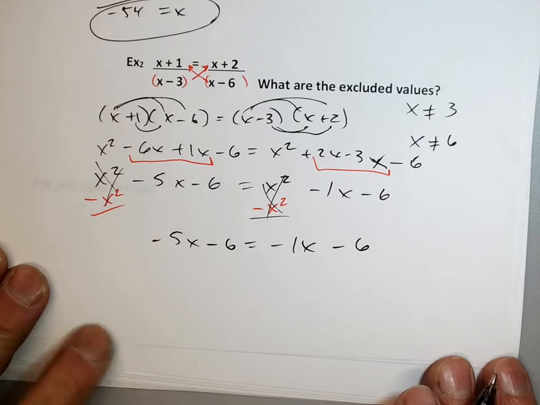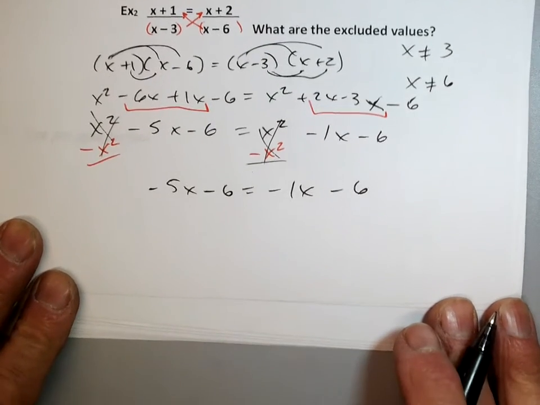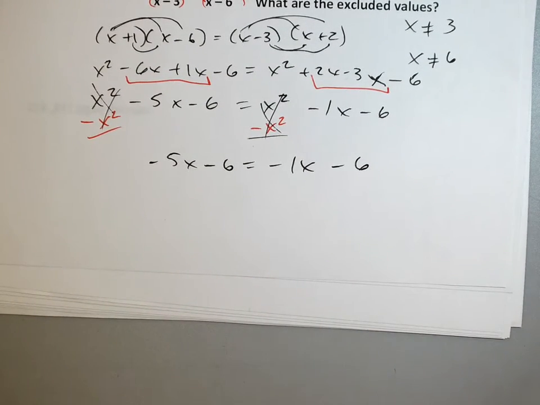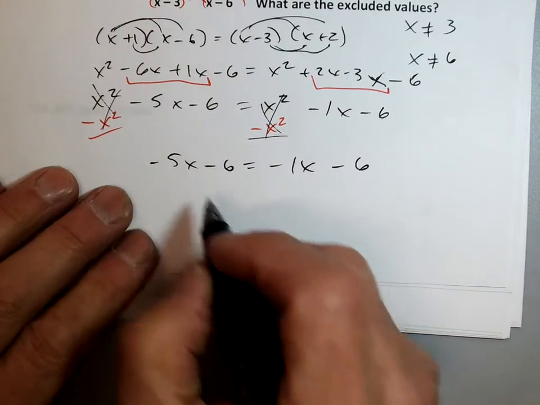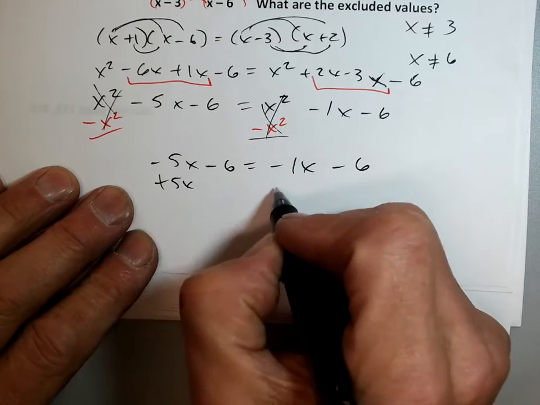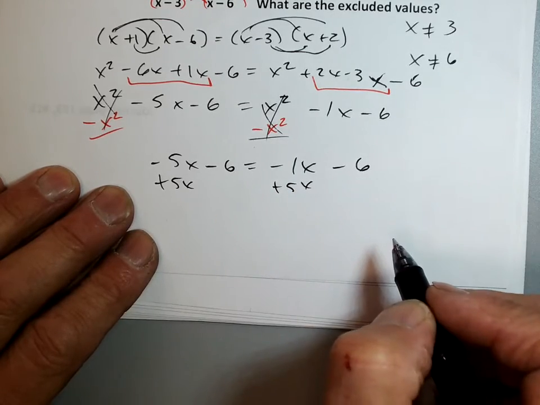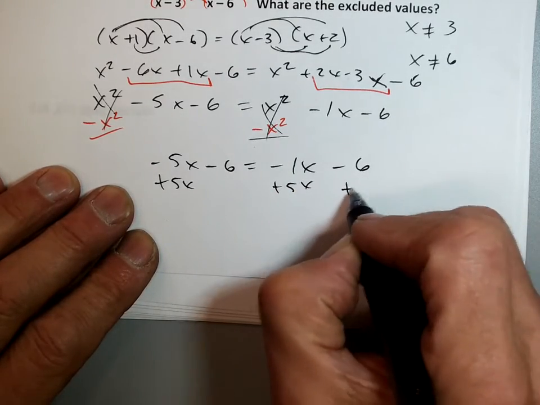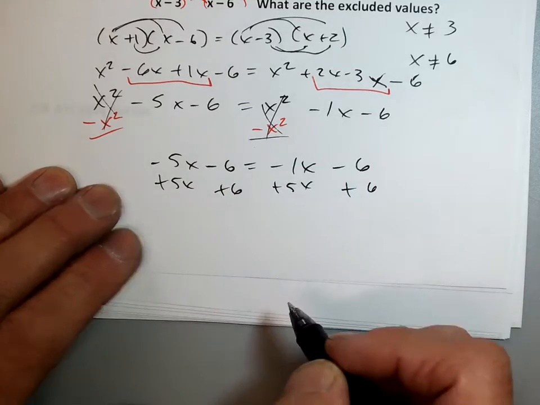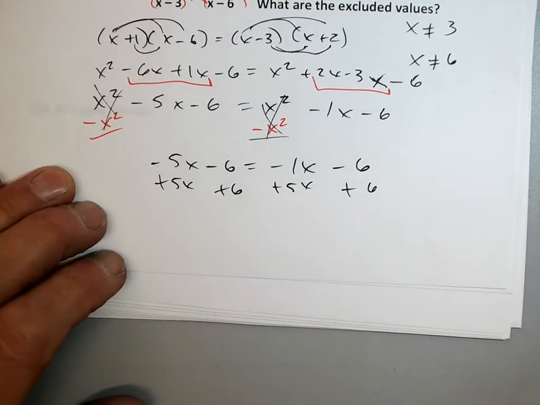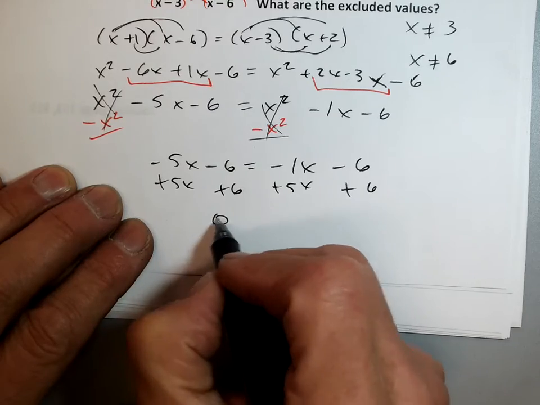Am I going too fast? I'll wait for you. So now let's just solve for x. Okay, Austin, I think this is the one you did? Yeah. So then I'm going to go plus 5x, plus 5x. I'll skip a step and go plus 6 because I'm running out of room. I'll just do 2 steps at once, but we're in Algebra 2. I can do that. So I have 0 equals